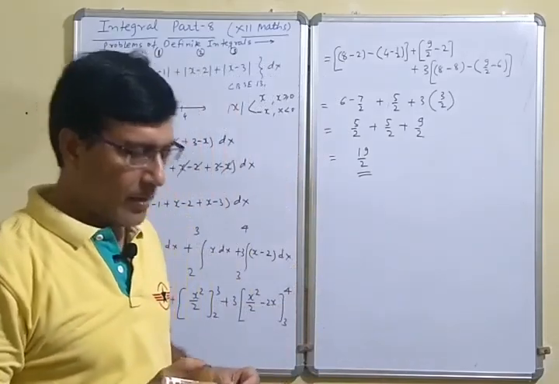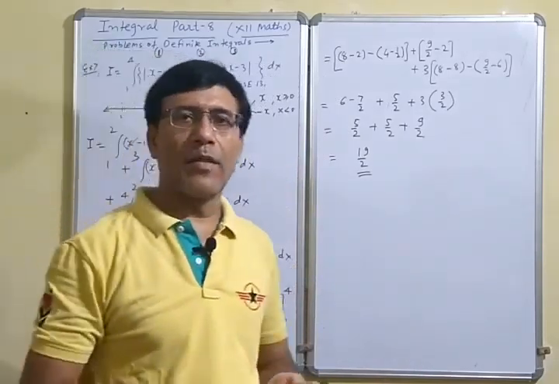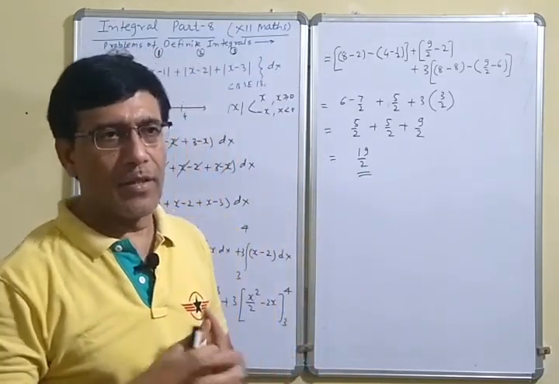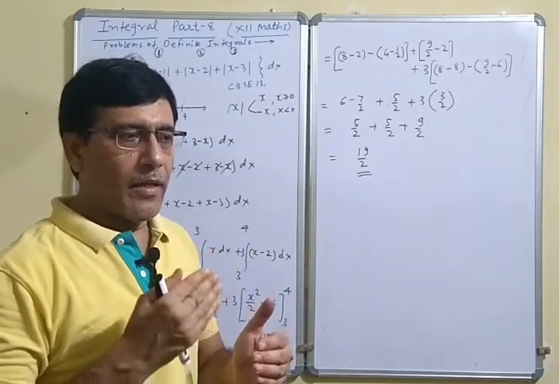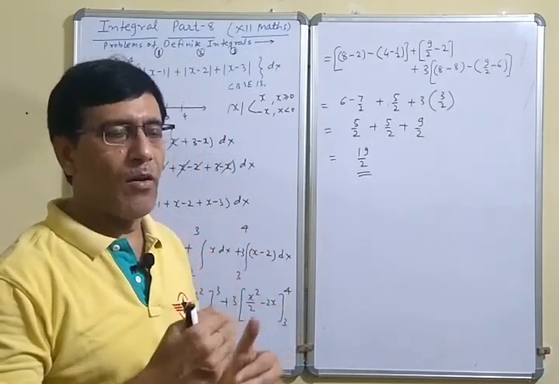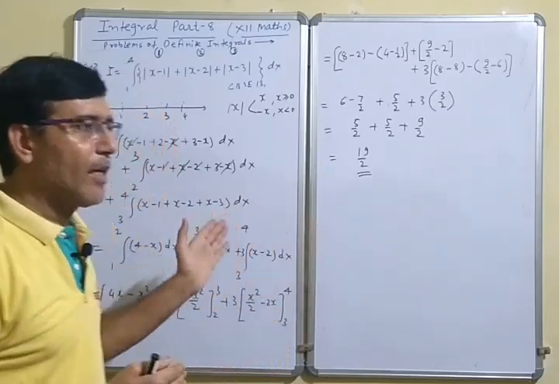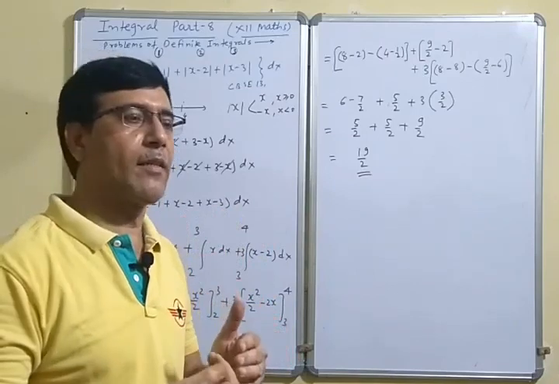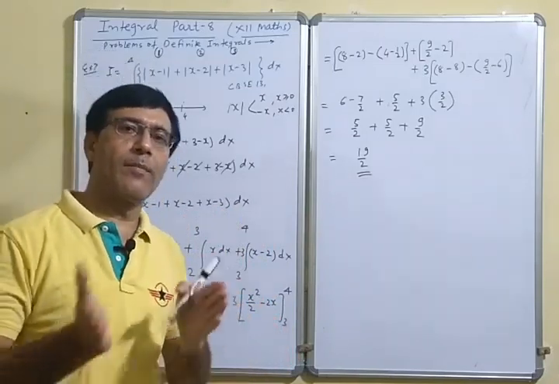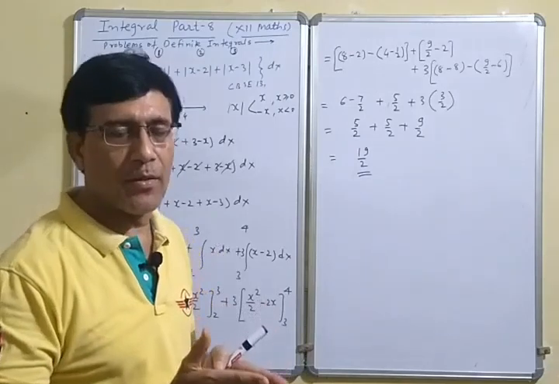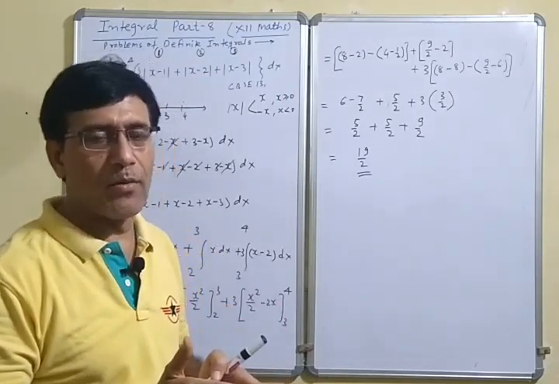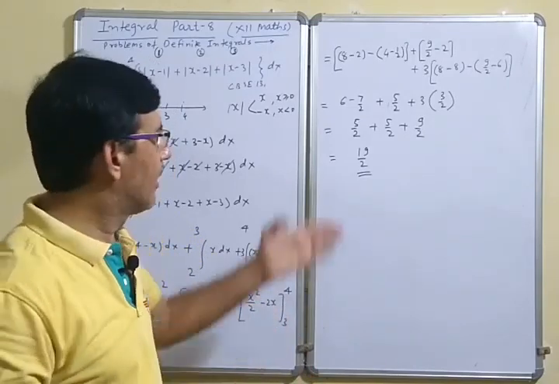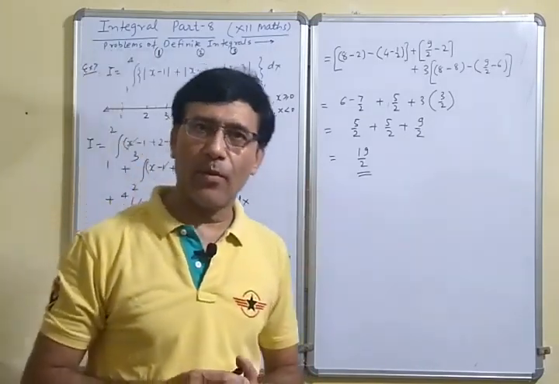Now try some other questions which are asked in the CBSE question paper, and try to use the properties of a definite integral. In some other question, if you cannot use the property, then in that case simplify it using partial fractions, by substitution, or by special integrals, and at the end take the limit to get the result. So now simplify by your own. Thank you.